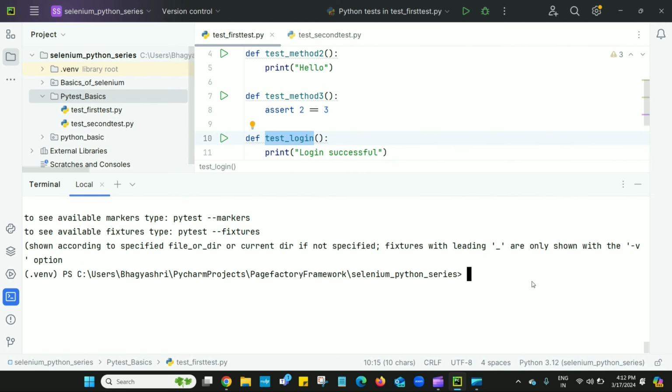Now I will execute pytest -k, and I will pass login, this name, and -v for verbosity.